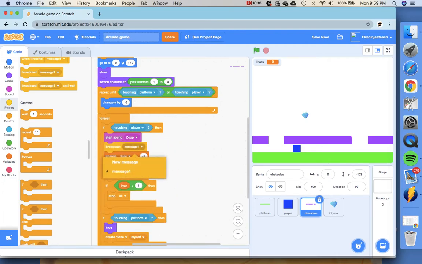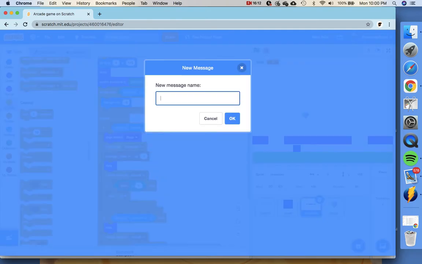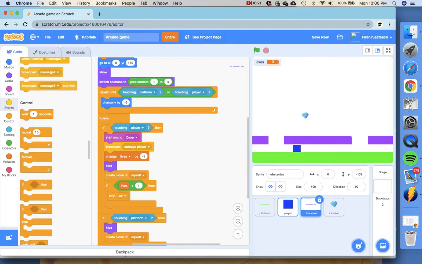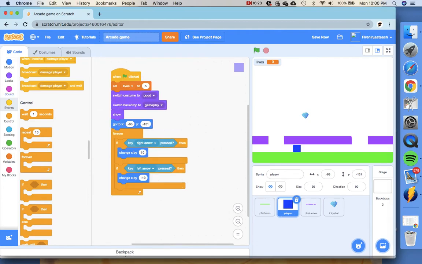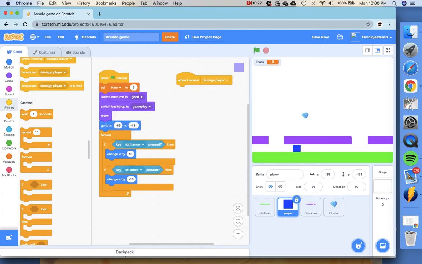So this broadcast message I'm going to say damage player. And I'm going to go to the player and I'm going to say when I receive damage player,